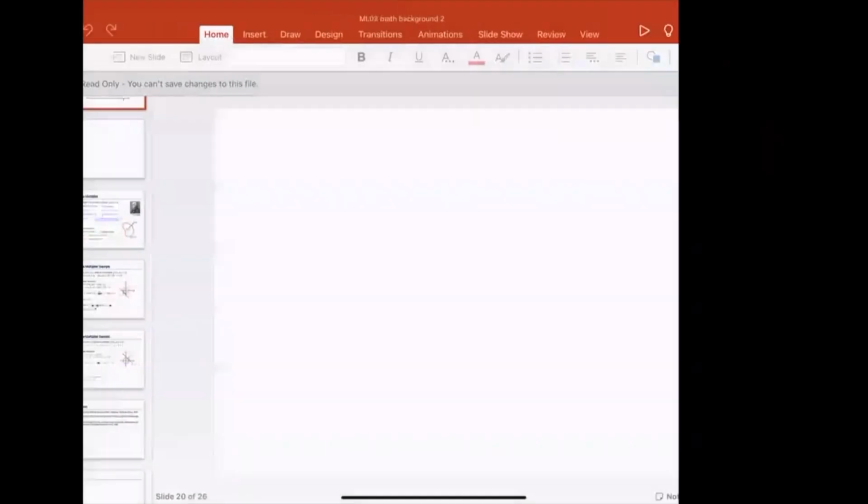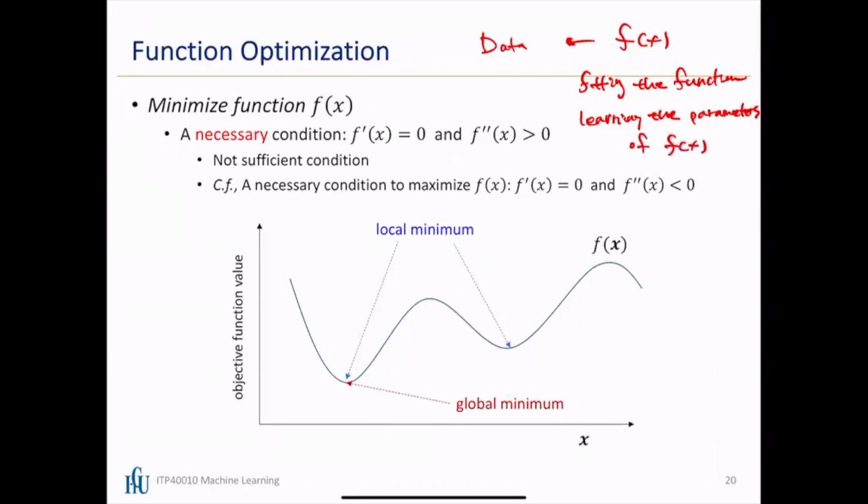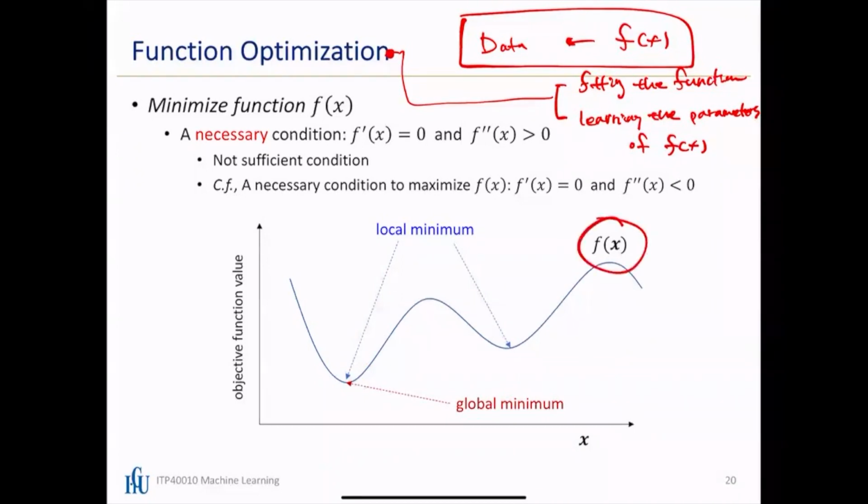I'm going to write things down a bit. So we have data, and based on the data, we want to fit the function. Well, this process is actually the process of optimization. We are going to see why optimizing a function is actually fitting the data using the function. But at this point, let's simply discuss that we have a function f(x), and eventually we want to find